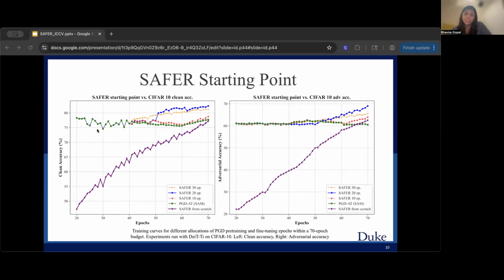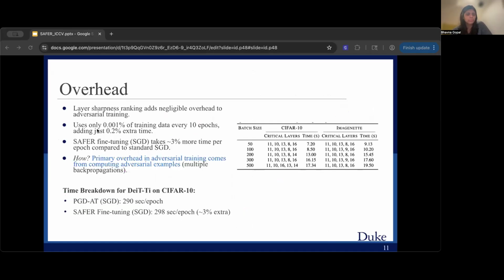And you can also see the results of starting SAFER from scratch in the purple line. So this could suggest that full model training is beneficial in the early stages for rapid convergence, but layer selective training could help mitigate overfitting and boost performance in later stages. And lastly,